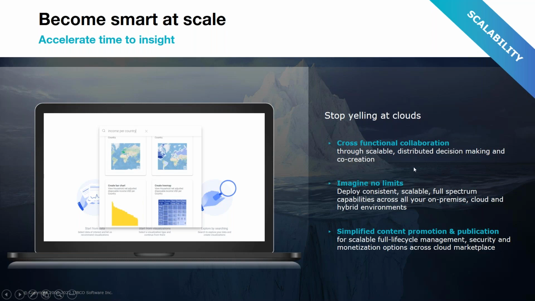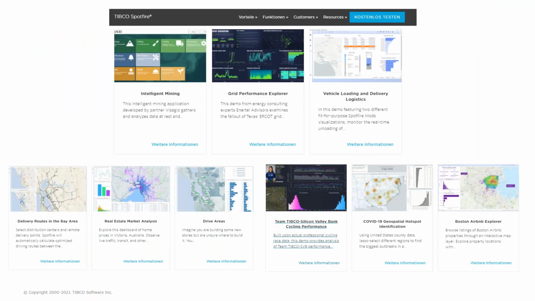We have the ability to really share your findings within the platform, to use communication, to use our chatting capabilities, to work in a single web-based environment altogether. You can deploy literally anywhere: on-premise, cloud, and in hybrid environments. So this is actually all the differentiators around Spotfire.